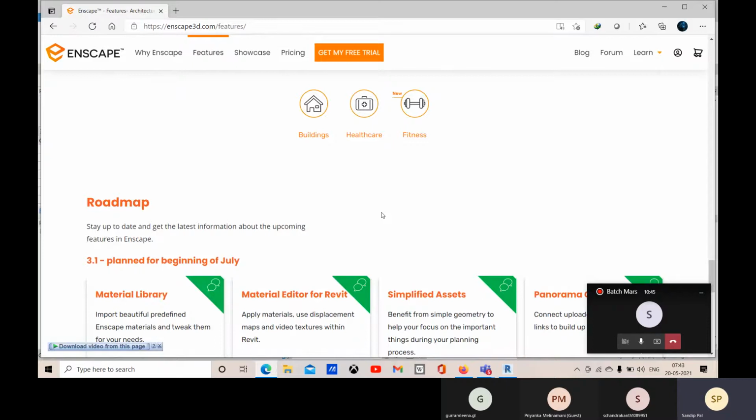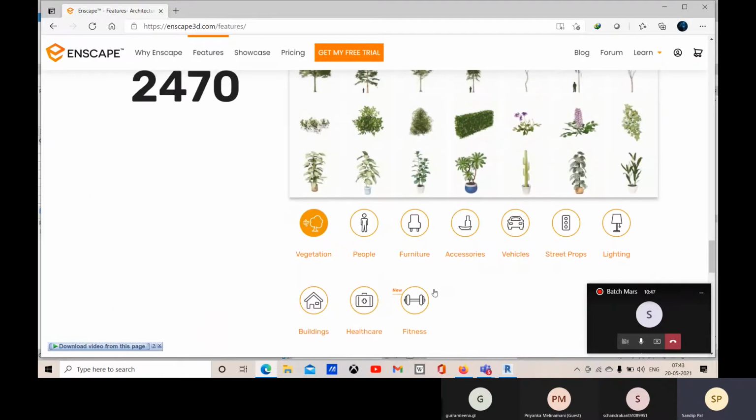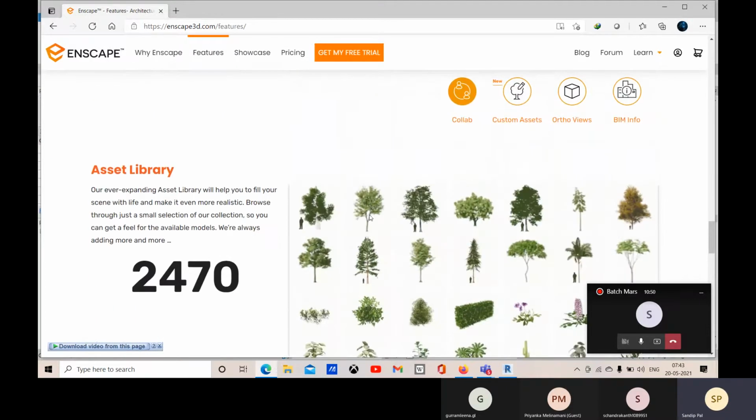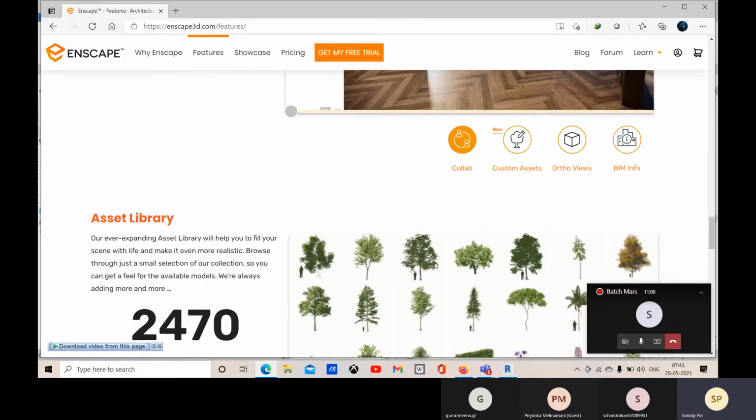And we have an asset library for Enscape. Enscape has its own assets like these trees and some other humans and vehicles. So accordingly, you will apply all these assets for better output.